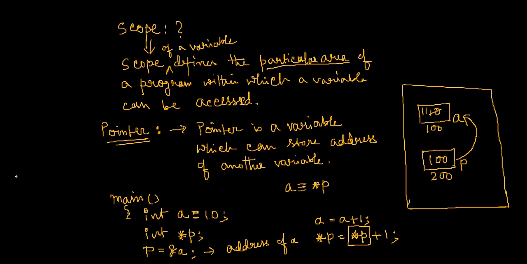So that means I can say that if you consider P, this is nothing but an address. It is representing an address. This P is an address. Sorry, ampersand P is an address. But pointer P is something I can say is data. Data means data of some other variable, the value of some other variable that I have seen over here.